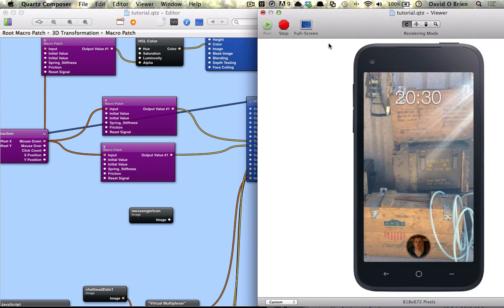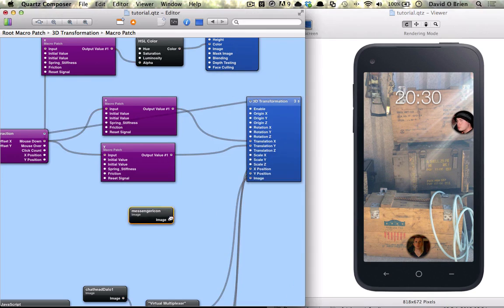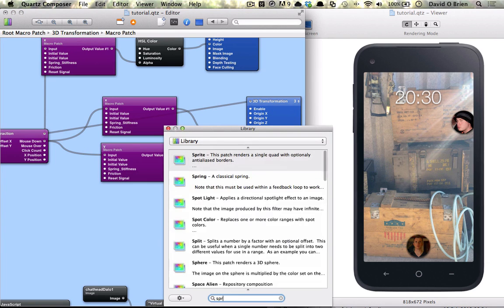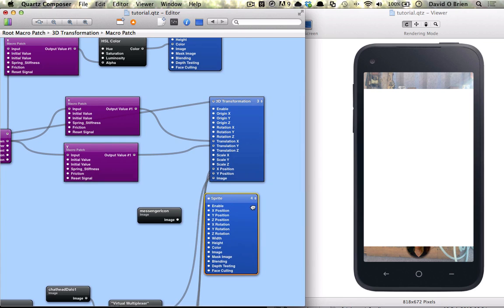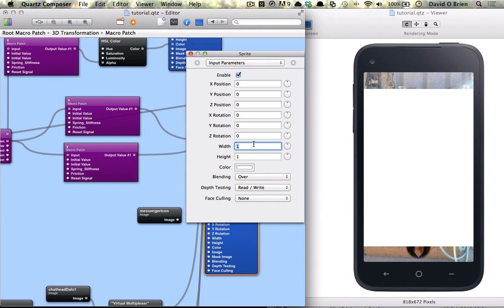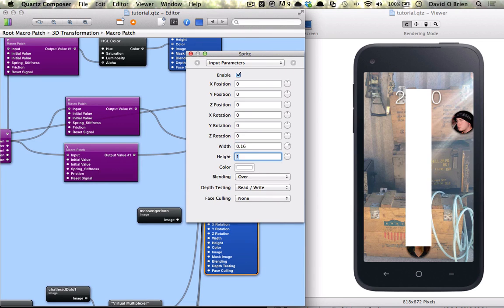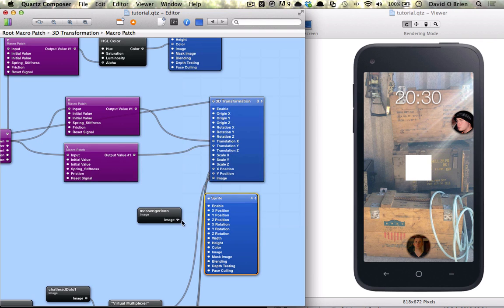And we're just going to reset that. There we go. And get a sprite. We're just going to give it a width and height of 0.16. Connect this up, drop it below our chat head,